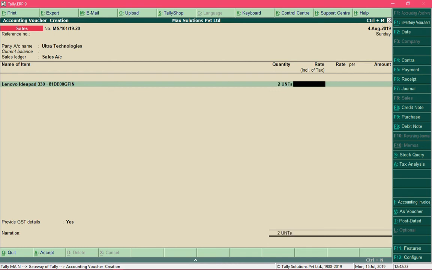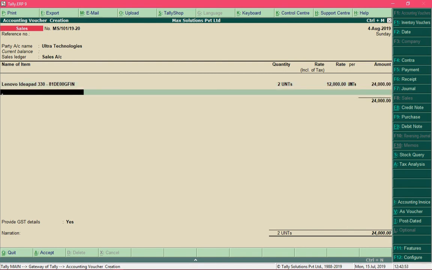Now in the field rate inclusive of tax, you can enter the price of this item which is inclusive of tax, or you can specify the rate without the tax inclusion. So I will select the price as 12,000 exclusive of tax, and the total invoice amount would be 24,000 rupees.